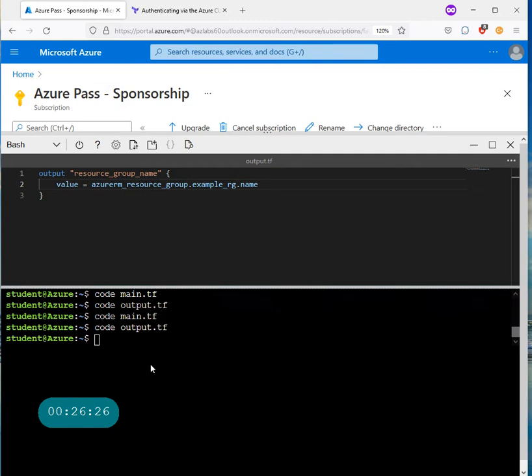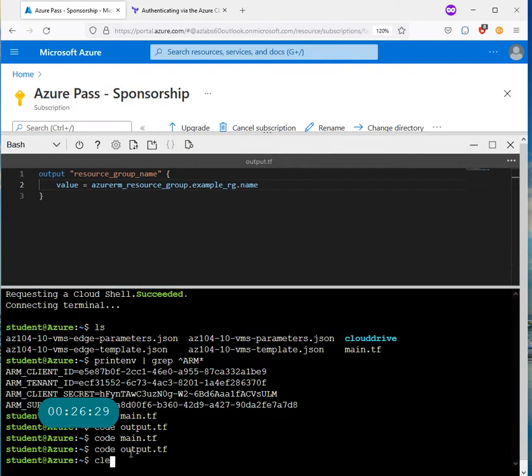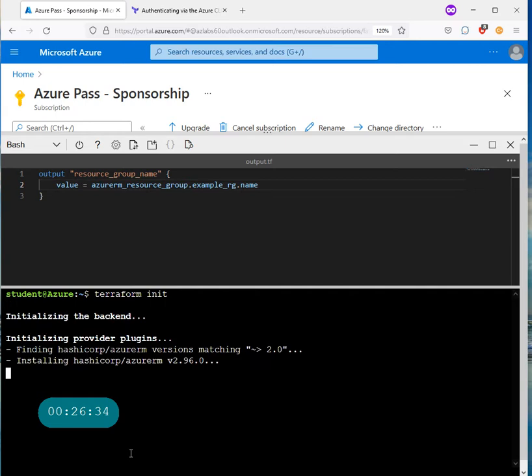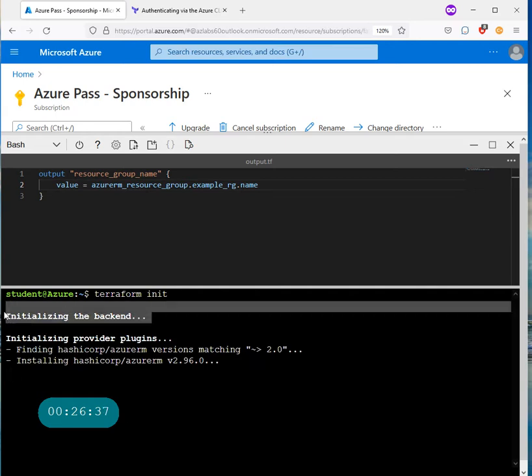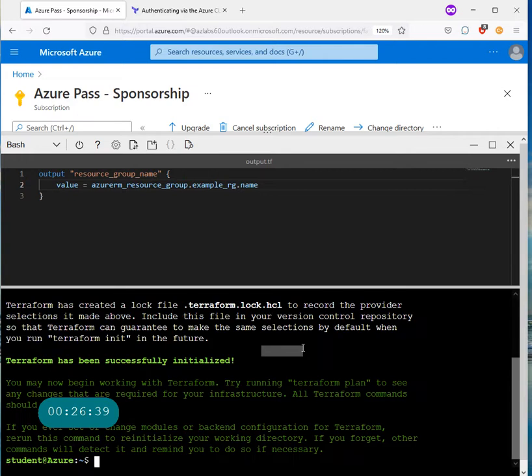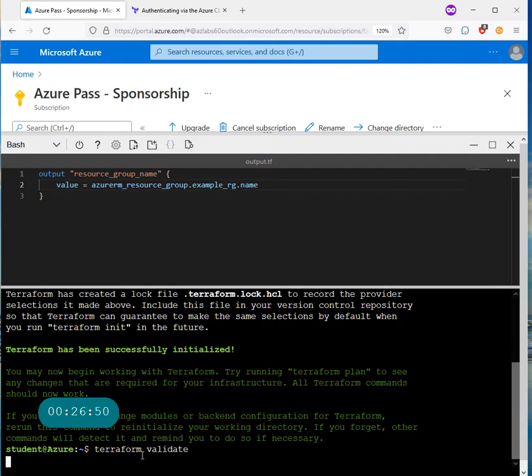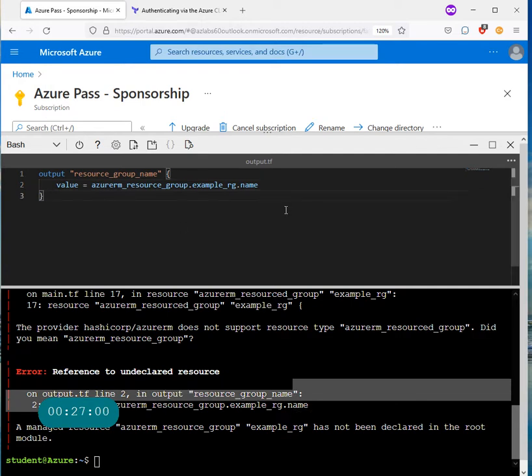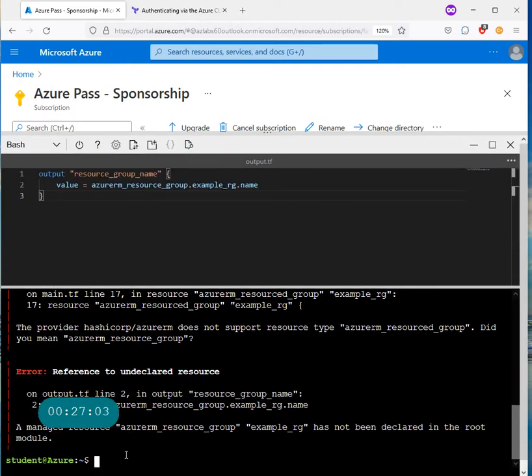Now to initialize Terraform, the command that you run, after a clear, is terraform init. Now it's initializing the backend, initializing the provider, and it says everything is good. A command that I like to run all the time is terraform validate. That usually validates and makes sure that everything is good, and right now it's saying there is some problem. The file is probably not saved, so go back in here, the output file,